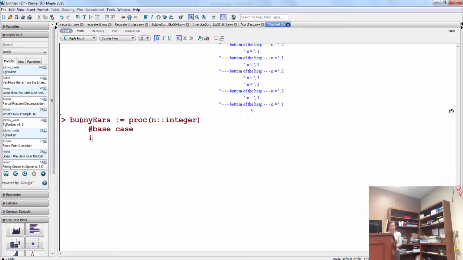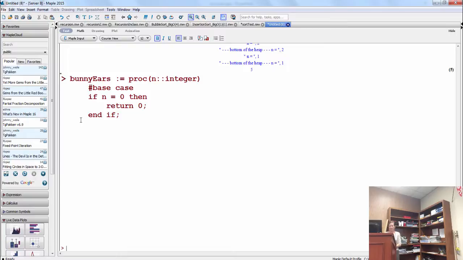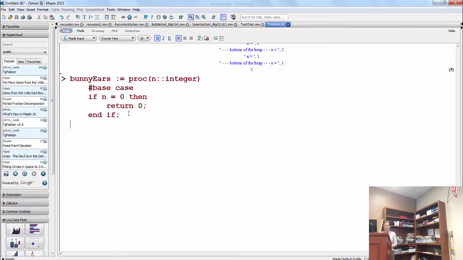If the number of bunnies is 0, then return 0, because there are no ears to return. Otherwise, return